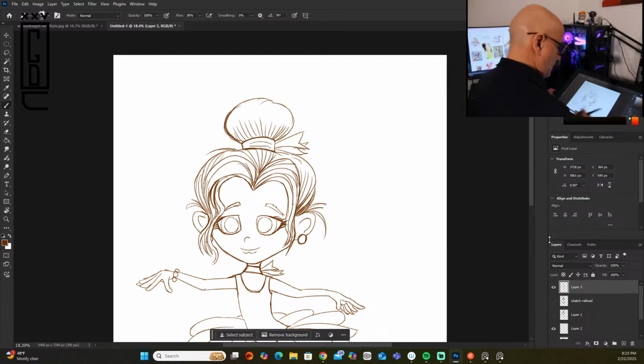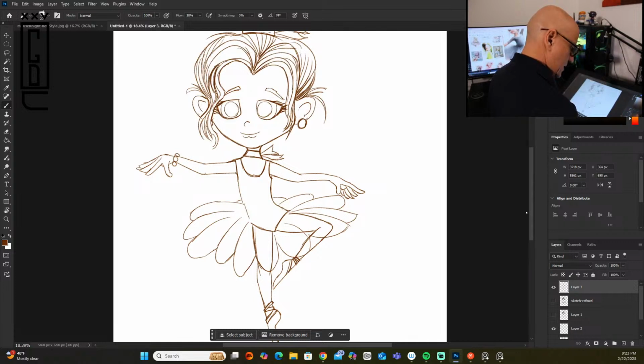So yeah. So this is the style. This is the line art of the ballerina. Okay. So what I'm gonna do is make